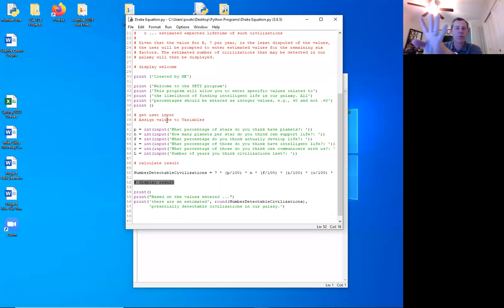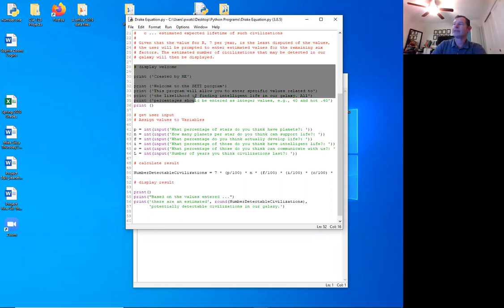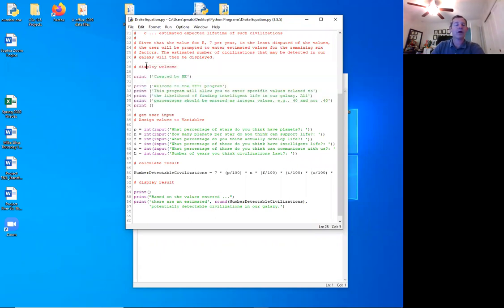And there are 4 kind of sections, 4 things that we do when we're doing programs that use calculations. So the first part, which I also want you to do, is to create kind of a welcome. And so that's this display welcome part up here. That's this section right here. So the remark for that is just to display the welcome. And what is the welcome? Well, the welcome is, or consists of,